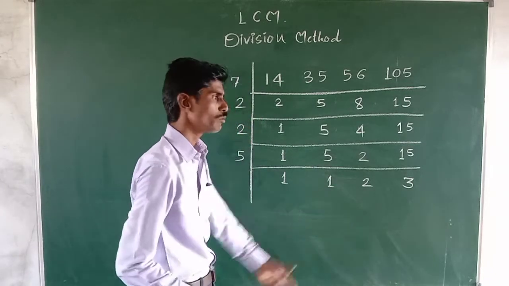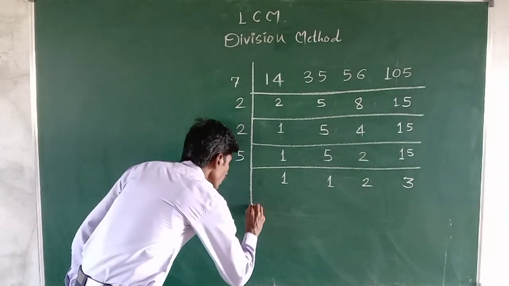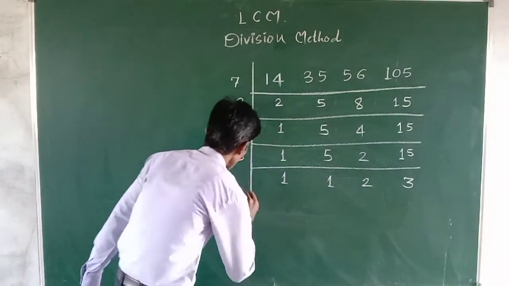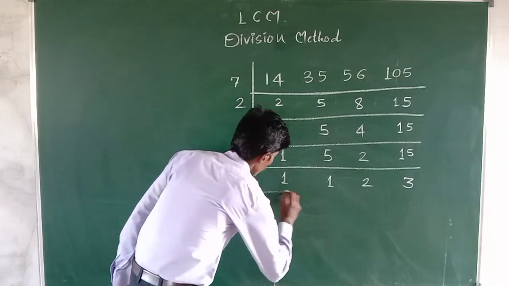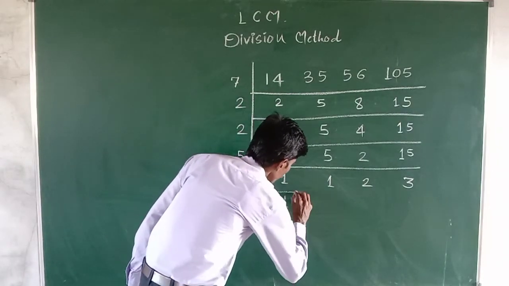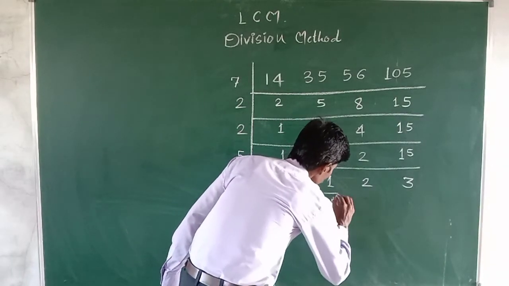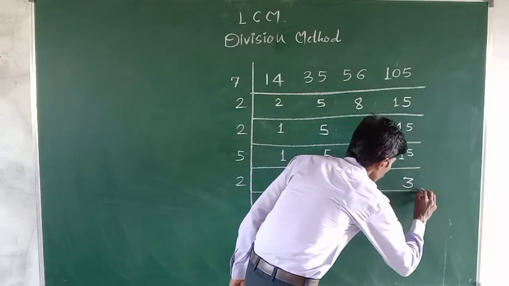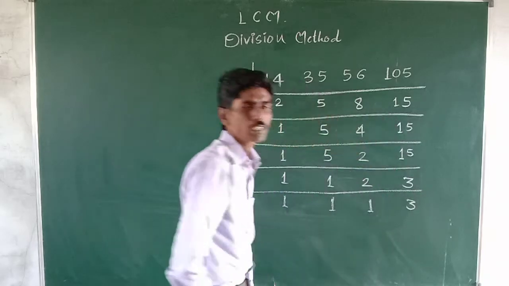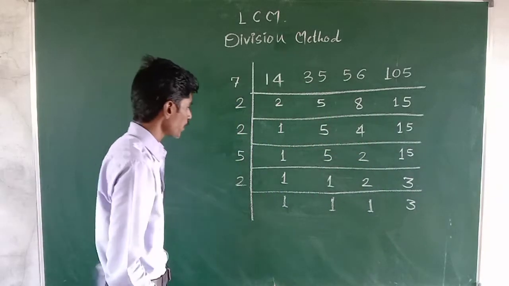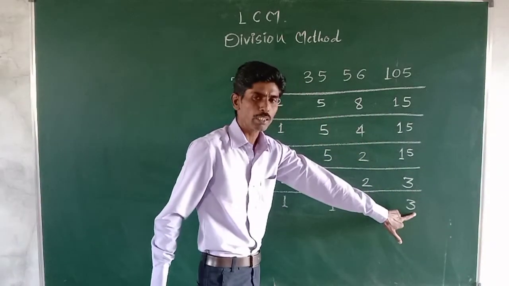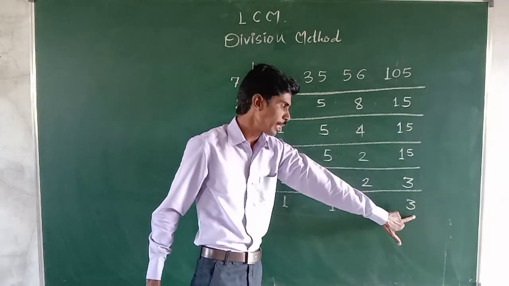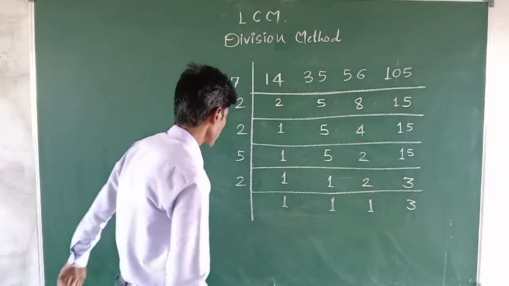The remainder now. Now this 2 can divide by this 2. Now 1 will be as it is. Again 1 will be as it is. Then 2 1s are 2 and 3 will come as it is. After that this 3 is only one remainder and it has to divide only by 3.